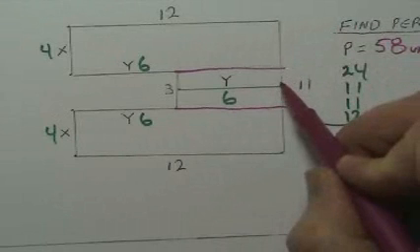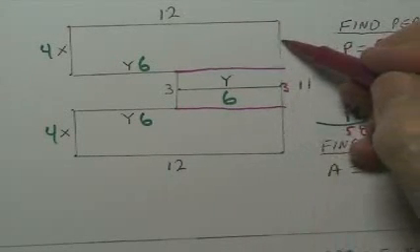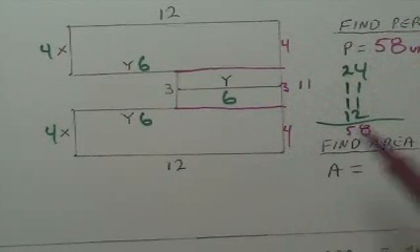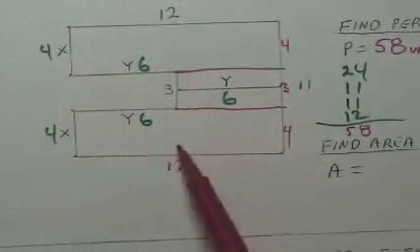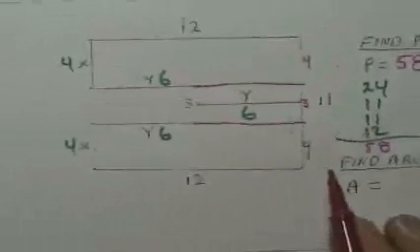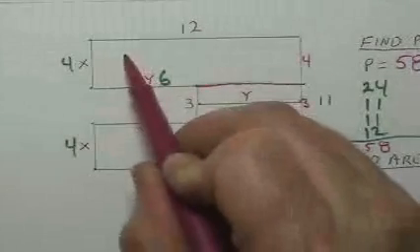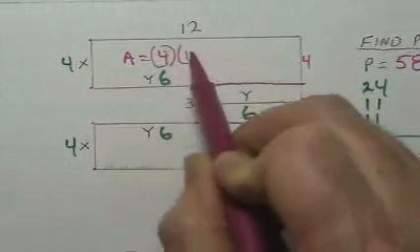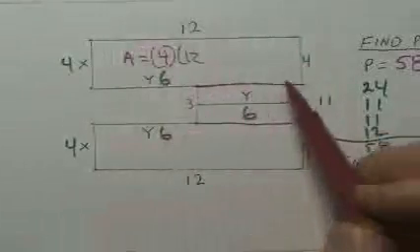So now this over here, this is 3. And if this is 3 up here, this is 4. And this is 4. And so now I have 3 rectangles basically. And I find the area of the 3 rectangles. So this area here is 4 times 12, right? Because that's 12, and this is 4. 12 times 4 is